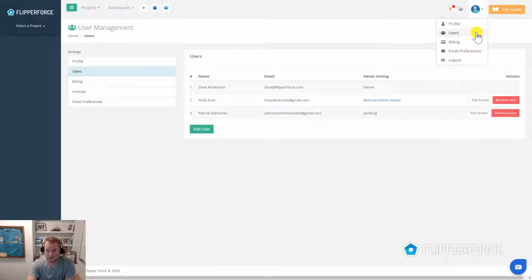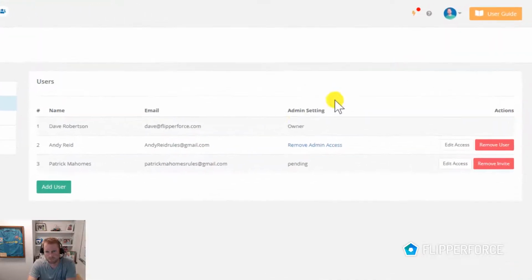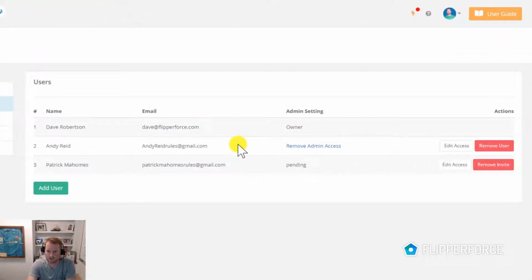But if you go up here to users and click on the user management page, that's where you can manage all of the users that you've added to your company workspace. So you can see here I've added 3 users to our company workspace. I'm the main owner of the account here, but then I've added Andy Reid, and then I've added Patrick Mahomes